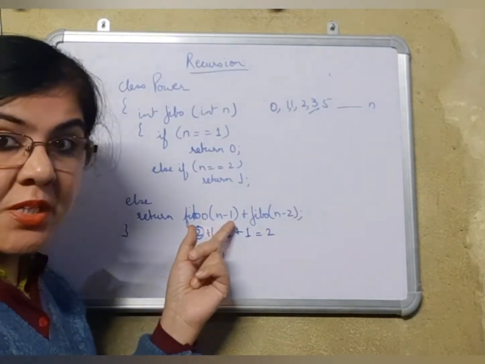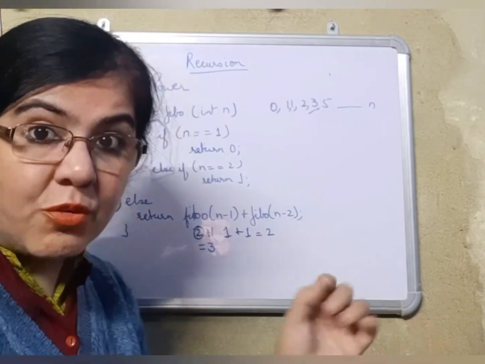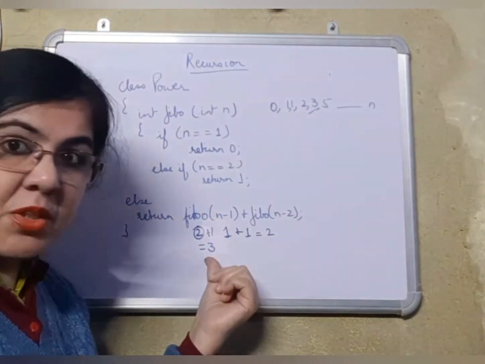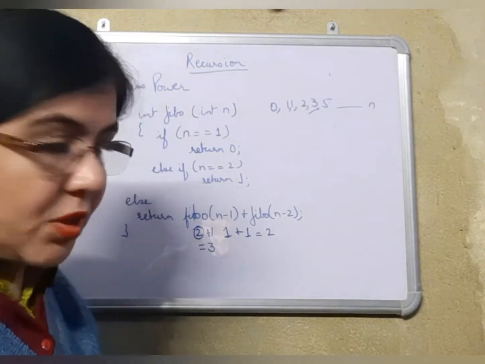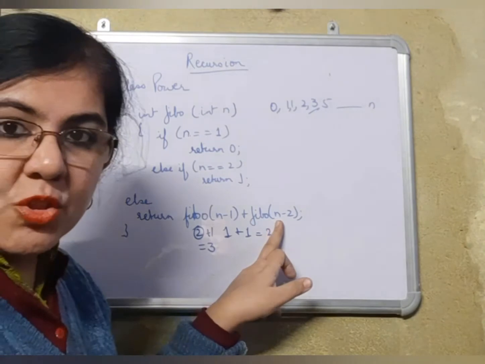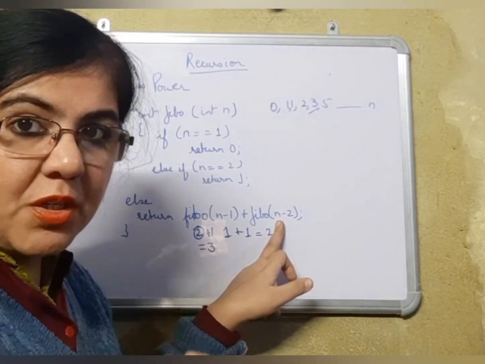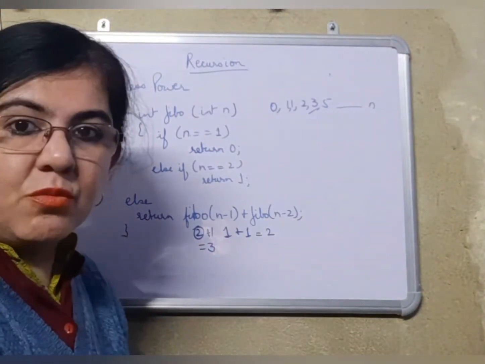Now 6 is being sent over here, 6 minus 1 becomes 5. Now you already know that for 5, I have already generated a number 3. So just remember, you don't have to work hard anymore. So you will keep here 3. 6 minus 2 will give you how much? 4. For 4, what did we generate previously? 2. So 3 plus 2 will give you 5.